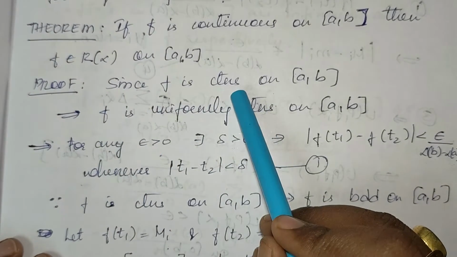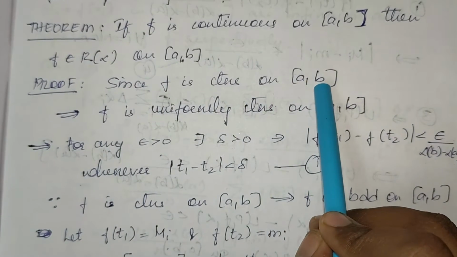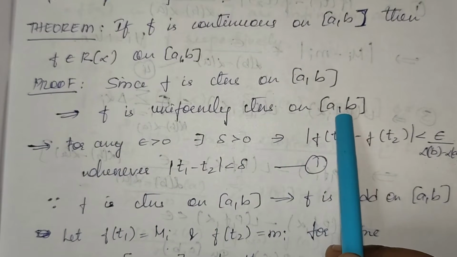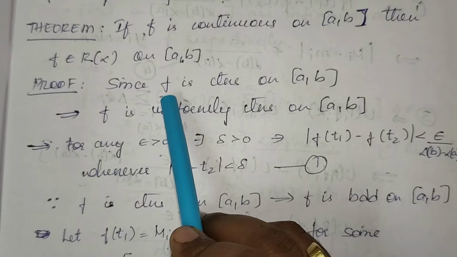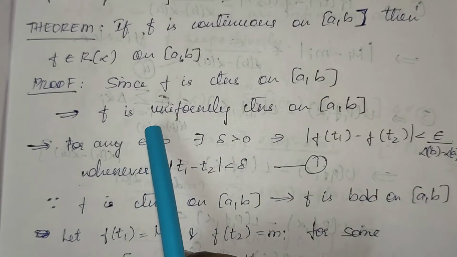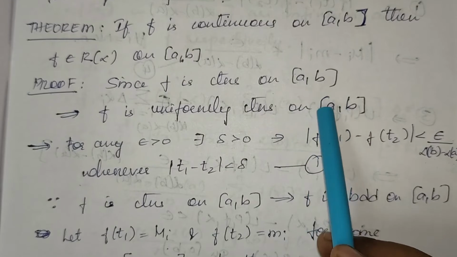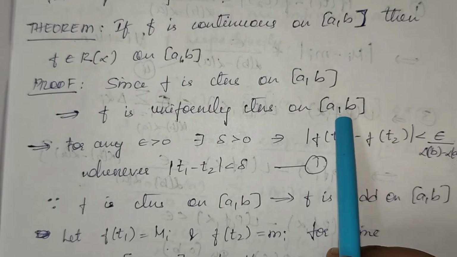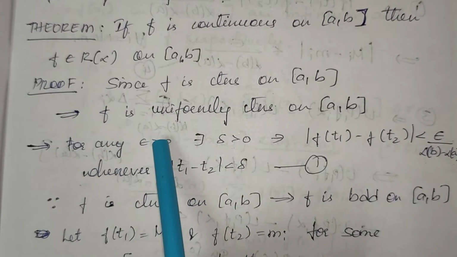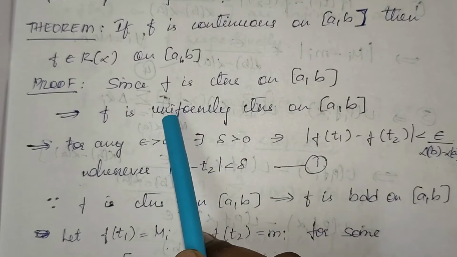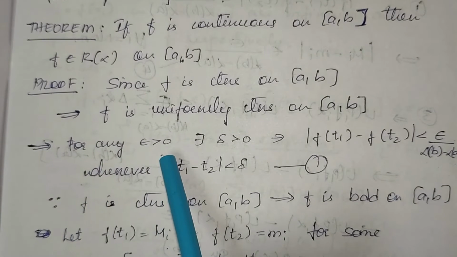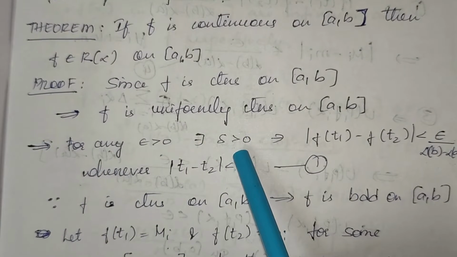Since f is continuous on the closed interval [a, b], f is uniformly continuous on [a, b]. So we know that any function which is continuous on a closed interval [a, b] becomes uniformly continuous on that closed interval [a, b]. So I have used that fact. Okay, and now using the definition of uniform continuity, I have, for any epsilon positive, there exists delta positive such